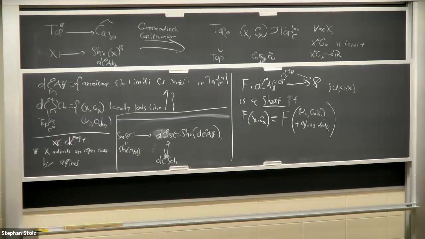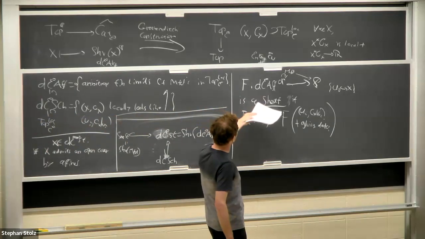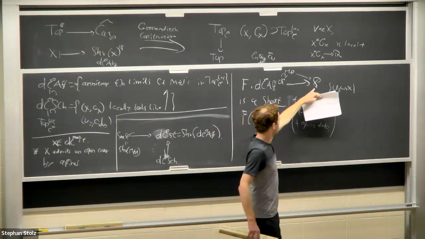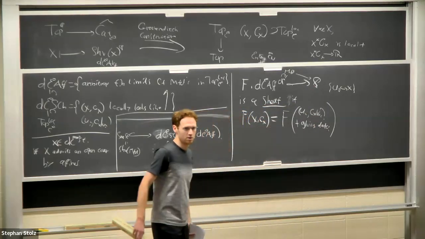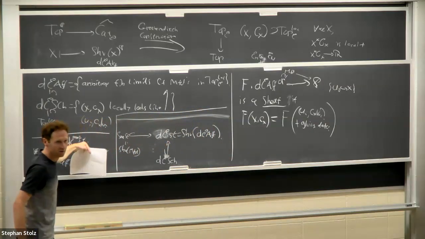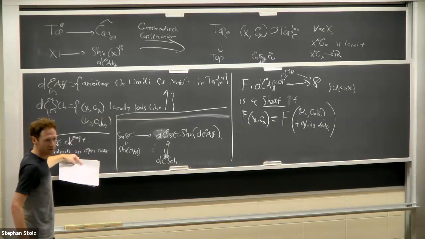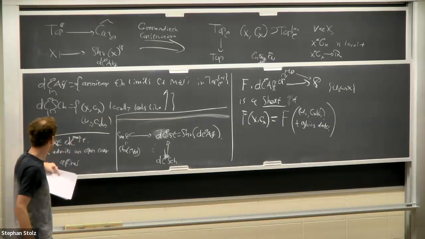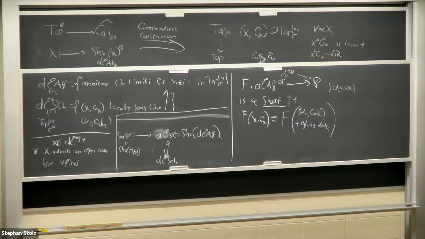More questions? What's X a priori in the statement? So X is an arbitrary functor, that was called F here, from this infinity category to the infinity category of spaces that satisfies this gluing condition. This is an enormous infinity category, and this is a representability criterion. It says that if you can find a cover of X by affines, then it must itself be affine. This will be useful in